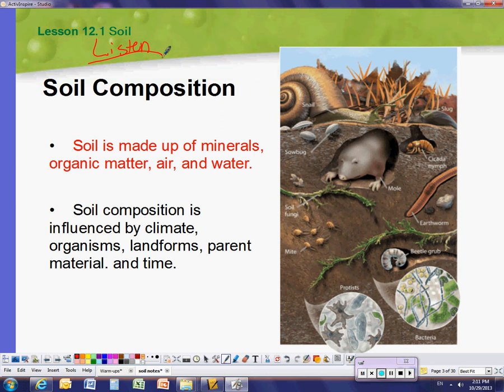So soil, what is soil? This is 12.1. I'm only going to cover this very briefly because we're only spending 2 days on it. Soil is made of rock, waste, water, gas, nutrients, and most of all, microorganisms. 1 teaspoon of soil has 1 million bacteria, thousands of fungi, algae, and protists. Soil is very dirty. It has a ton of stuff in it.